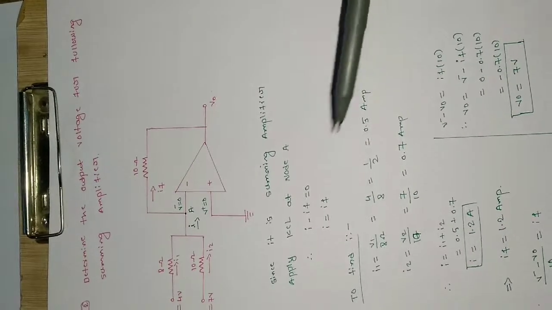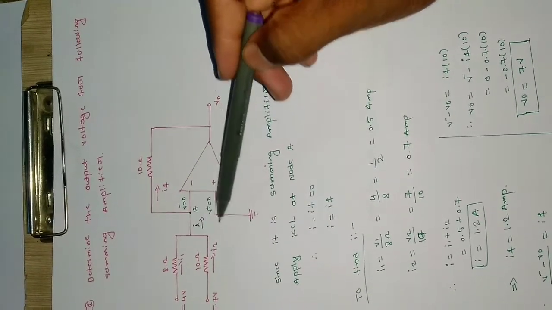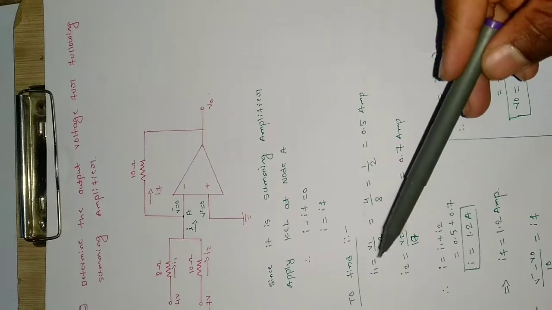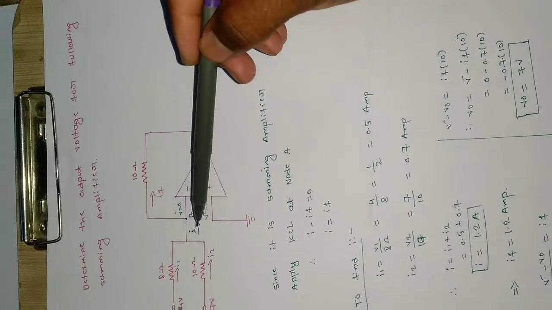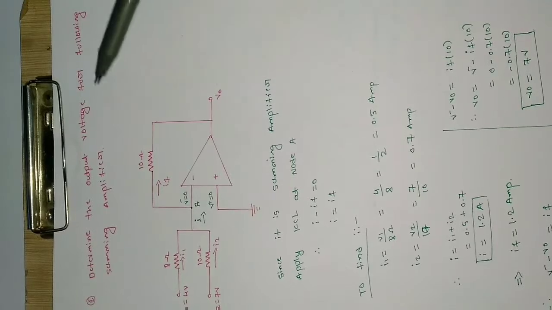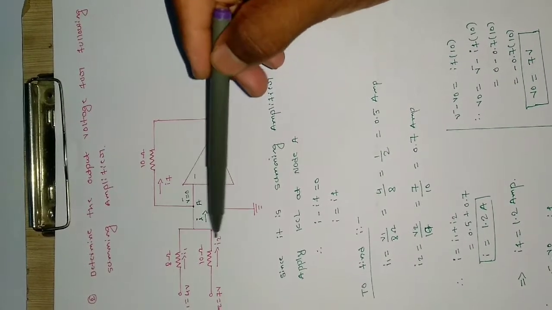Then to find I, I really want to find out I first, and only then can I find IF and V0. Okay, so how can I find I? I is the current which is the addition of two currents, that is I1 and I2. So here are the two currents which are entering, and they are summing up together to make I. So first I need to find I1 and I2.